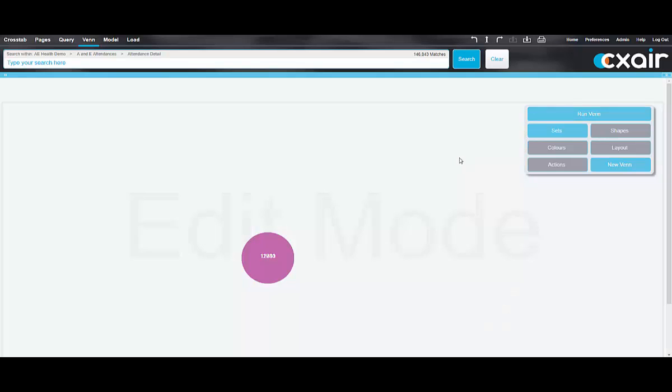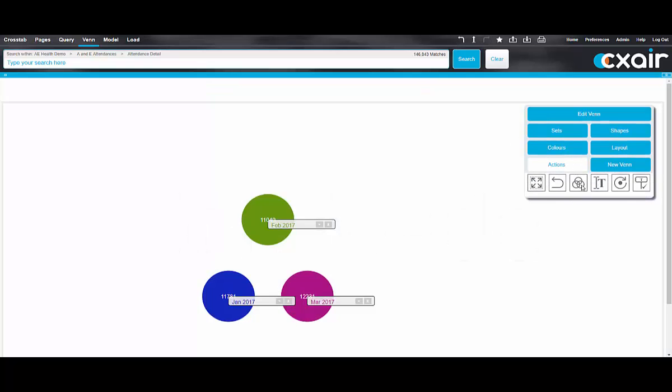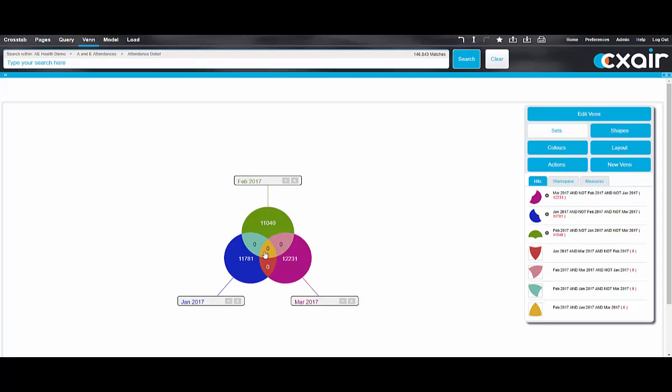Now, any A&E attendance can only be in 1 month, so they actually attend in January or February or March. It might span it, but the intersection is going to be 0 because you can't attend at 1 second at that one point in the day. So obviously the intersections are 0, but what we can do is if I choose distinct counts,